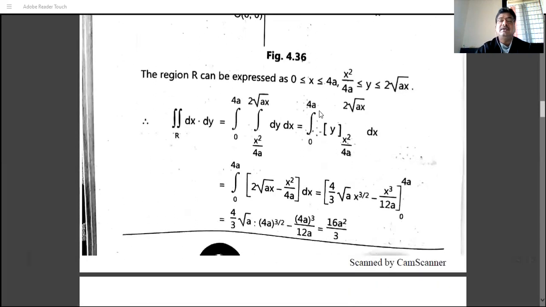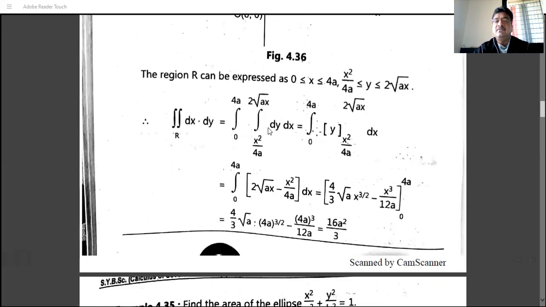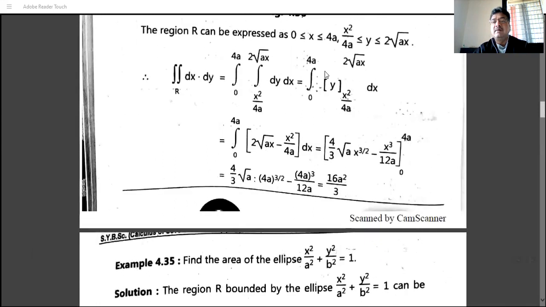And then solve the integration with respect to y first. So here is 1. Integration of 1 is y. Lower limit, upper limit. Then value at the upper limit, that is, substitute y as 2 root ax, then minus y as x square by 4a. And then after simplification,